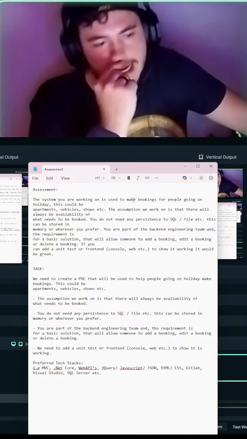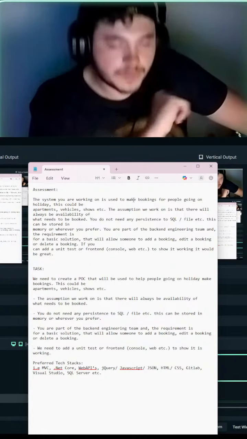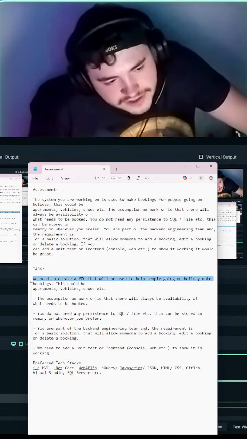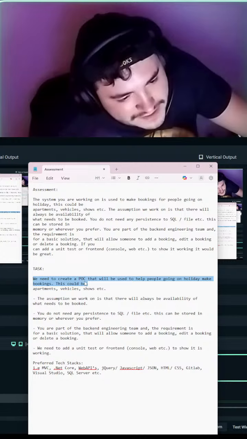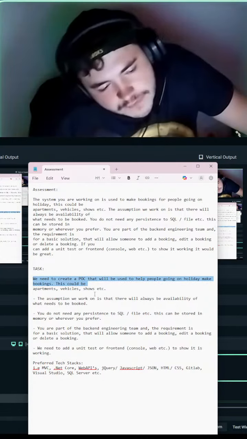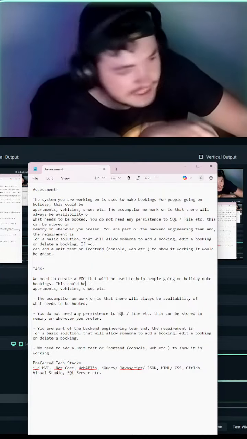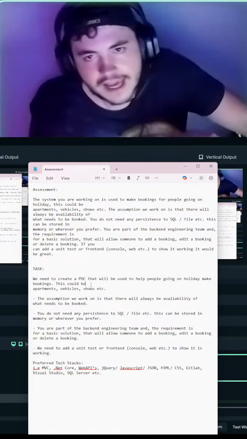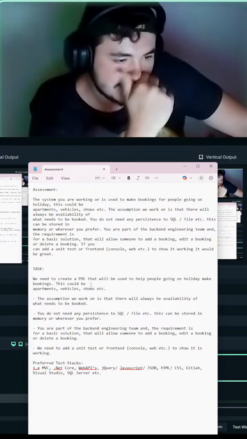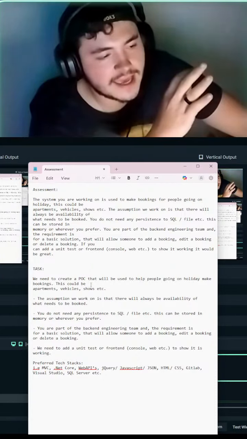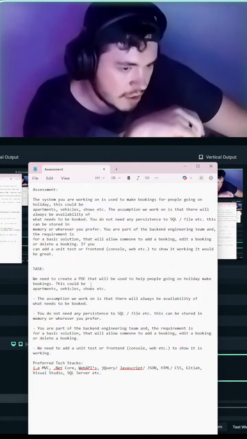So let's break this down, ladies and gentlemen. The task that we need to complete is to create a POC. This does not stand for a piece of crap, okay? That is not what this abbreviation means. POC stands for proof of concept, a very basic solution that just shows, hey, this is how the technology works, this is how the system works. It's not ready for a proper deployment, meaning a customer is never going to touch this. This is purely just to showcase a solution, showcase a train of thought, anything along those lines. So that will be used.